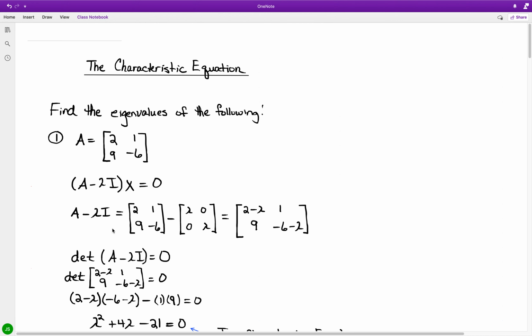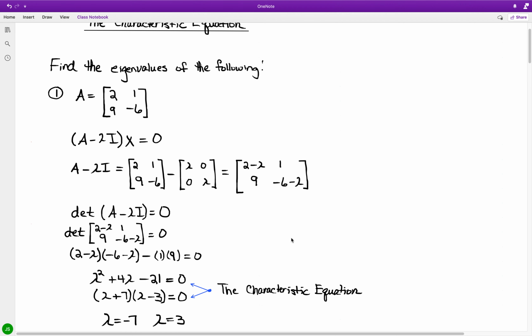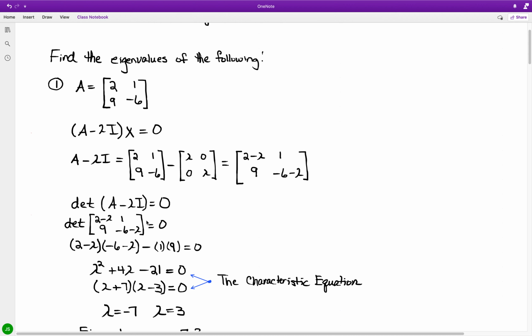and for the identity matrix multiplied by lambda we have lambda 0, 0 lambda, and just taking the difference with the corresponding parts, we have the first column in the difference matrix at 2 minus lambda, 9, and the second column 1, negative 6 minus lambda. And in looking at the determinant of this difference and setting it to 0, we're taking the product: the quantity 2 minus lambda times the quantity negative 6 minus lambda, minus 1 times 9 is equal to 0, and once we combine like terms,